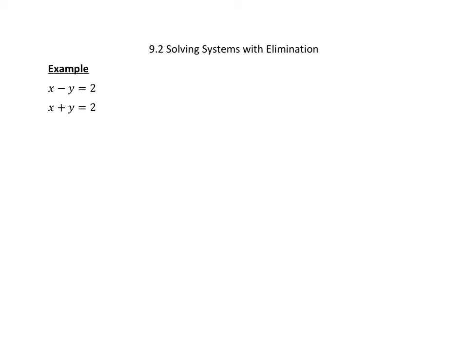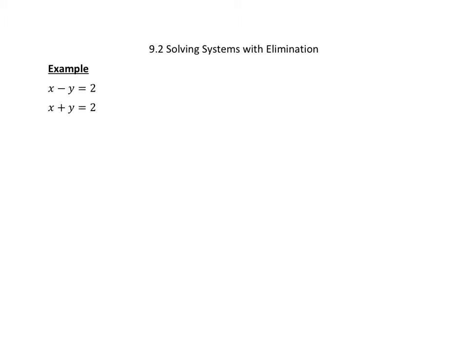So in section 9.1 we talked about the solution to a system of equations was the point where the two lines intersected, and that we could find that solution by graphing. However, graphing is not always going to be the easiest thing to do. It can actually sometimes be the most time-consuming thing to do, even though it best represents the final answer. But in this case, with solving with elimination, we're going to look at a way to find the solution by